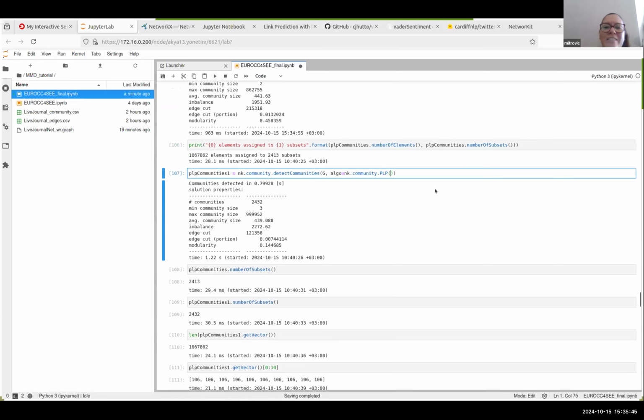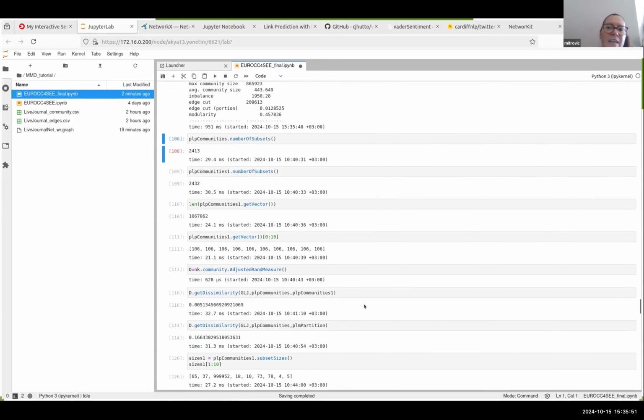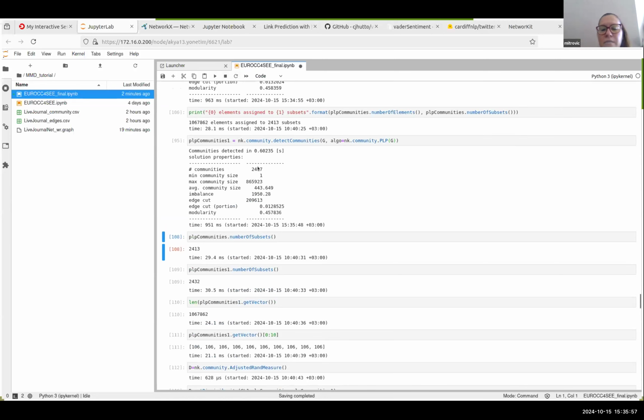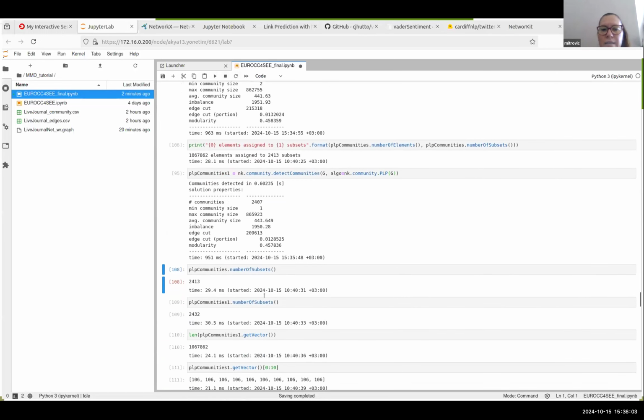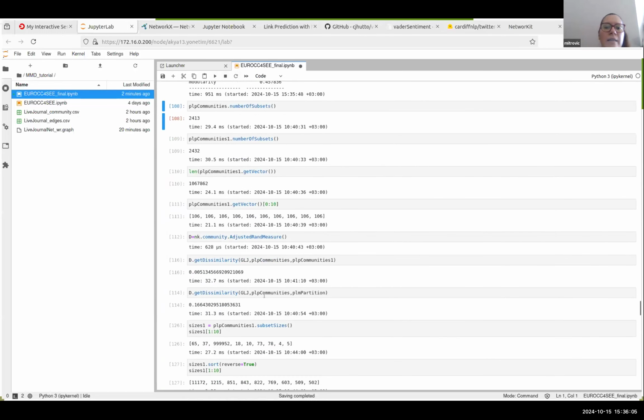So we will also run one more, and we will keep this information because we are going to compare in the end. I show you how you can actually see how many. So the second run had a little bit fewer communities, 2,407 communities. And NetworkKit has its own measure to compare two communities, or two partitions of